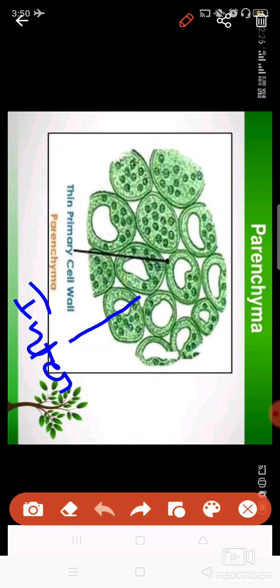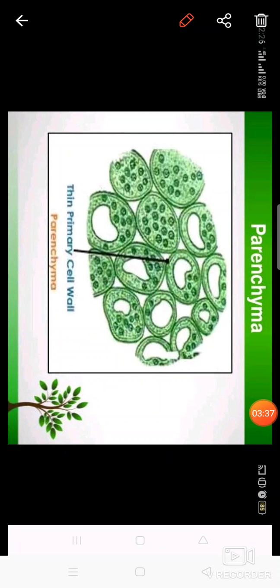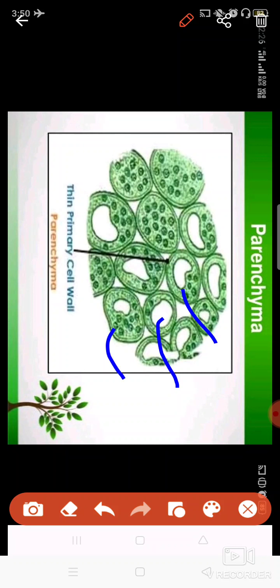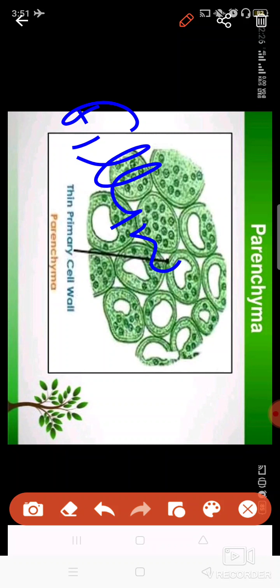These are the main things present in parenchyma cells: their cells have vacuoles, they have a nucleus, these cells are living, and they have a very dense cytoplasm also. Their shape is oval or isodiametric, and they have some intercellular spaces also. These parenchyma cells are found in the filling areas of the plant.